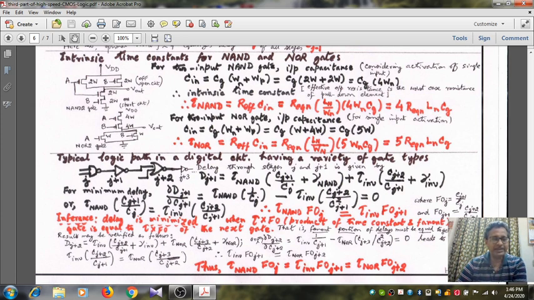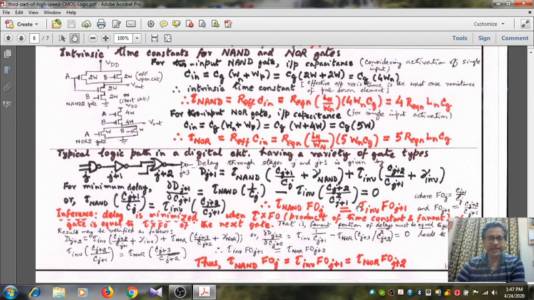So what instead we can ensure is that the product of the time constant and FOJ should be same for all stages. For example, here I have got a 2 input NAND gate followed by an inverter followed by a 2 input NOR gate. So at this stage the fan out portion of delay equal to FOJ, that means Cj plus 1 by Cj multiplied by tau of NAND, that should be equal to tau of inverter multiplied by Cj plus 2 divided by Cj plus 1, that equal to tau of NOR, 2 input NOR gate, multiplied by Cj plus 3 divided by Cj plus 2. Clear?